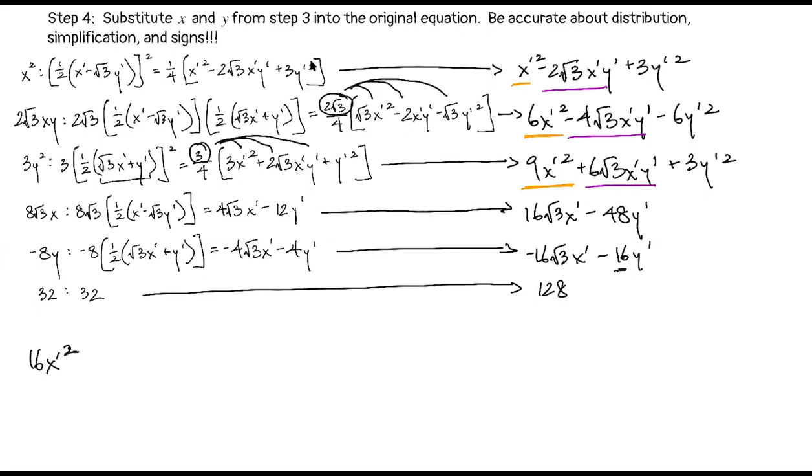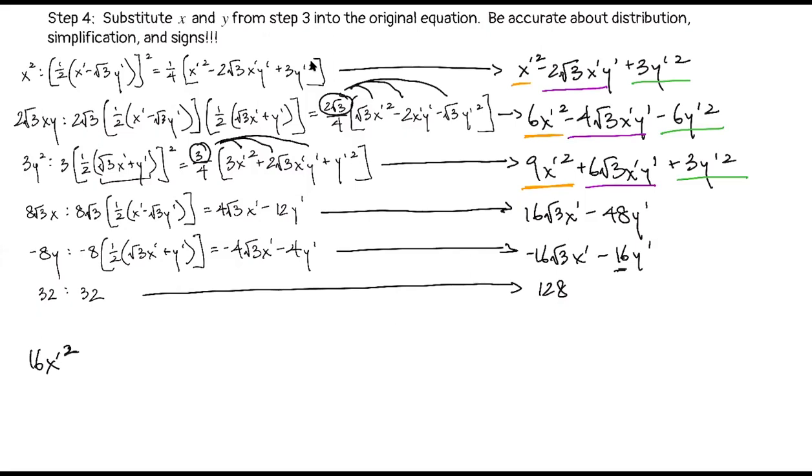All right, how many y prime squares do I have? I have 3 minus 6 plus 3. Those went away too. But that's okay because I knew from the beginning I was looking at a parabola. So if I got to the end and I had an x prime squared and a y prime squared, that's actually a really good hint that something went wrong, because for parabolas, only one of them is squared. So if I have an x prime squared, the y prime squared better go away. And on the flip side, if I have a y prime squared, then the x prime squared should go away when I reduce, okay?